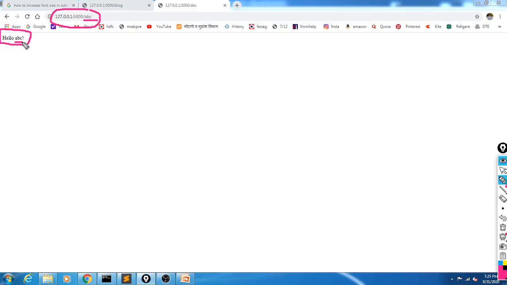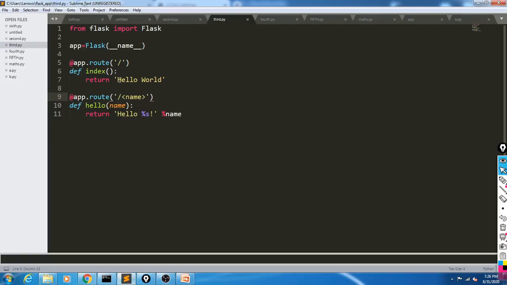We invoke that data when that URL is being executed. So in this example both URLs are there, static URL as well as dynamic URL. With this example we will learn how to pass a string to the URL when we execute that URL in the browser. Okay, got it? Okay, next one.